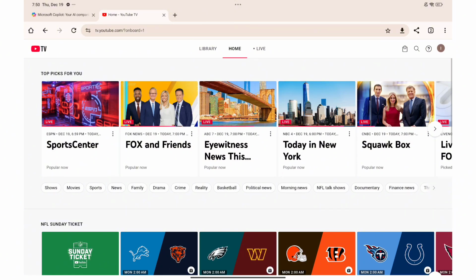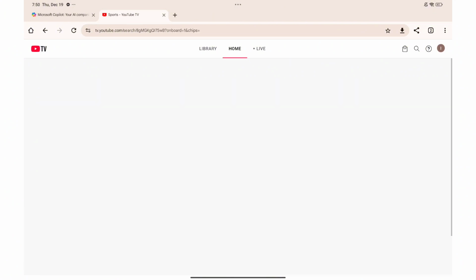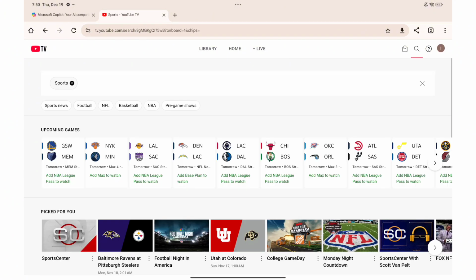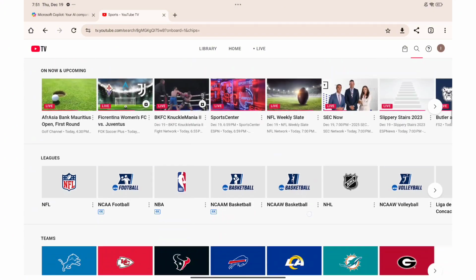Now head over to your home page, and at the bottom of this top picks for you, you'll be able to find all of the available genres on YouTube TV. So click on sports from this and you'll be able to find all of the sports channels that you can